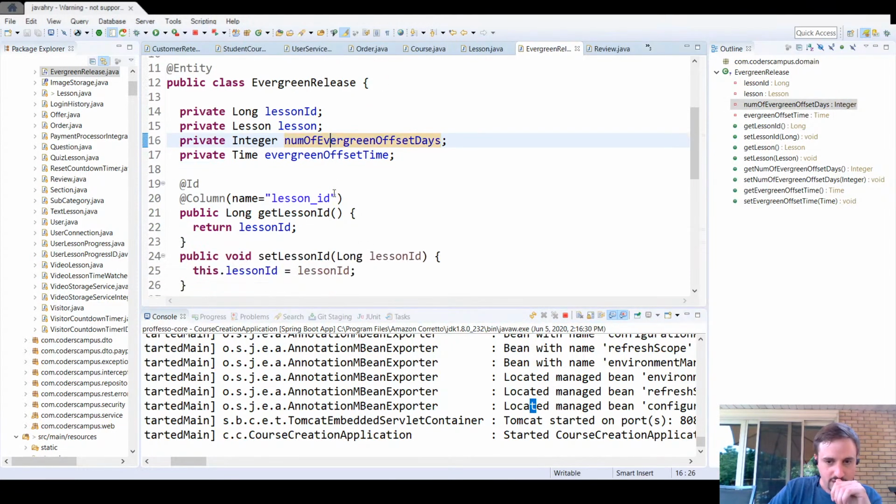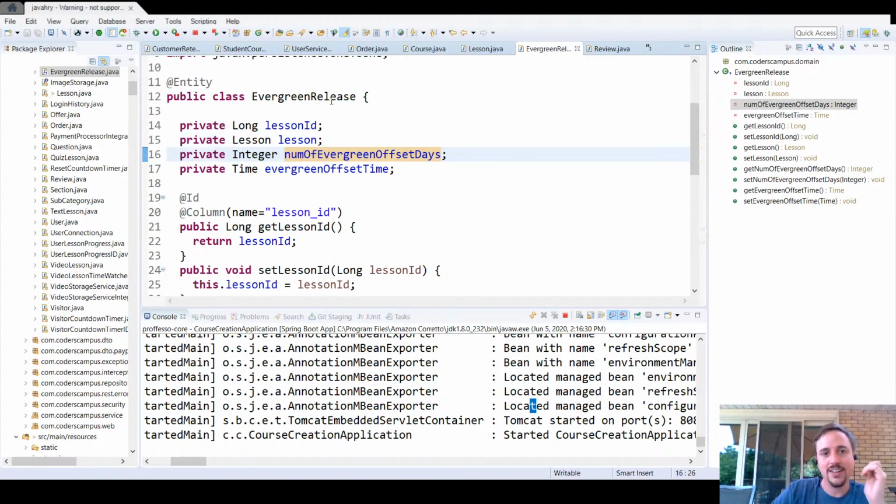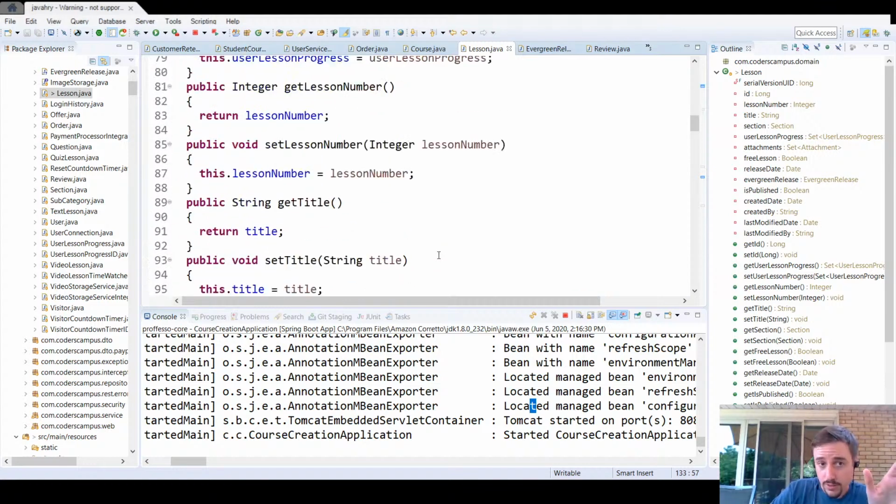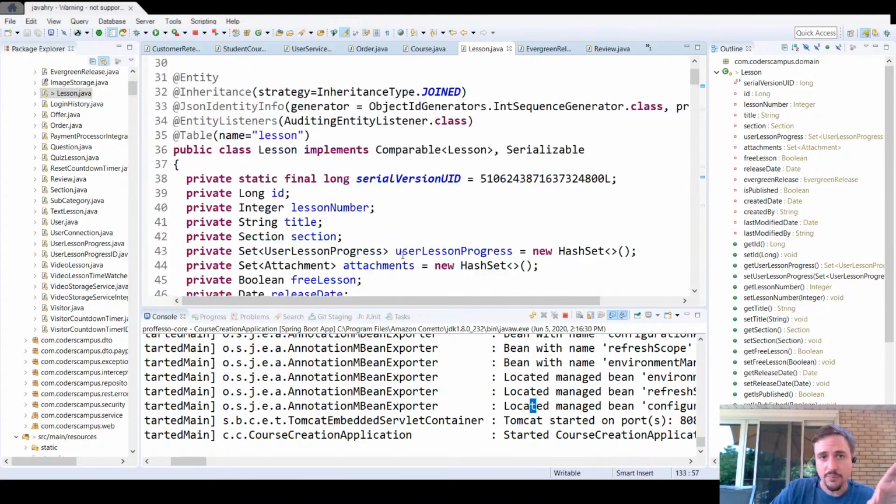So, okay, it took me a while, but we got to the point where we have created a one-to-one relationship between our Evergreen release and our lesson. So, cool. Now the next step is,